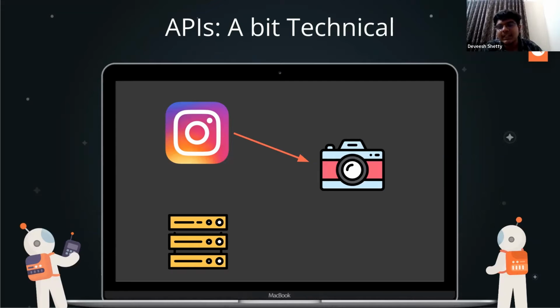So it is asking permission from you. Instagram then after that can use your camera to click photos. So that is using a hardware API. APIs can be of many types. There are software and hardware. Hardware is this, which is accessing a hardware component of your phone, which is the camera. Okay. So next you click the photo.